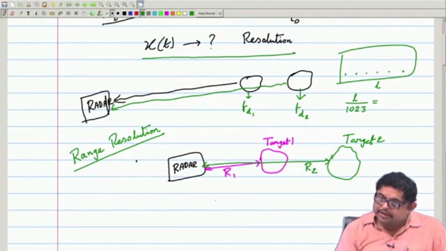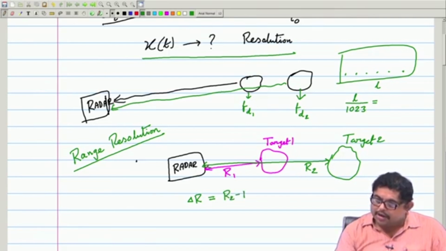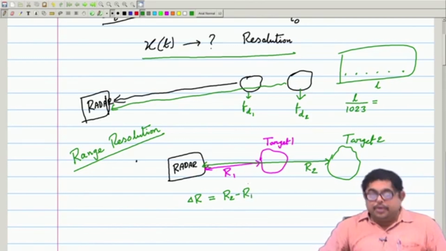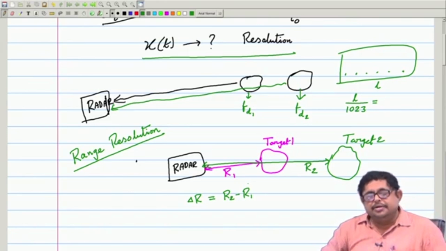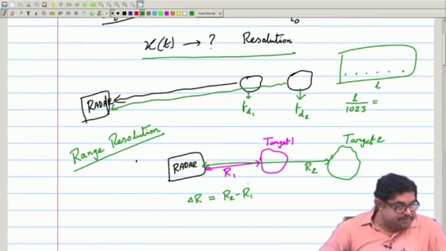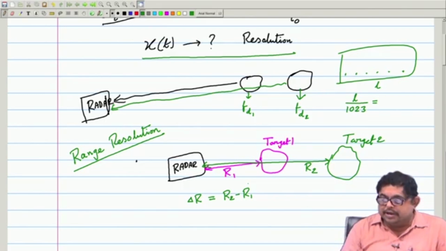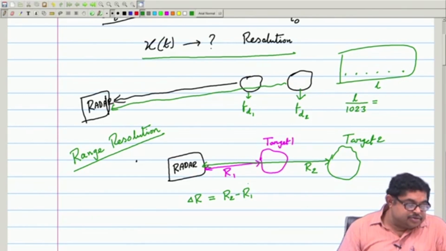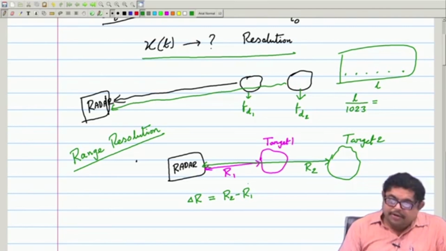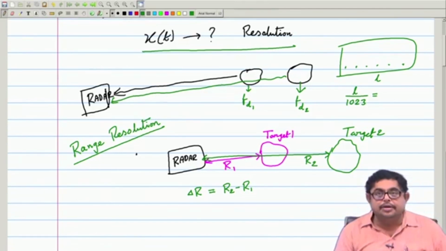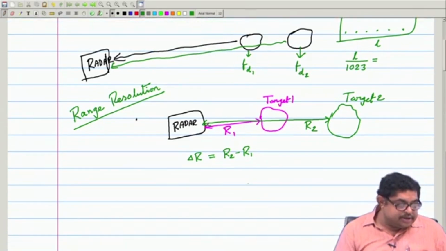So, we can say that the delta r between them is r2 minus r1, and we are trying to find out what is the value of this delta r in terms of the radar's various parameters. So, particularly we are trying to choose a waveform which can give us the best resolution. So, to answer this question, we will have to again see that